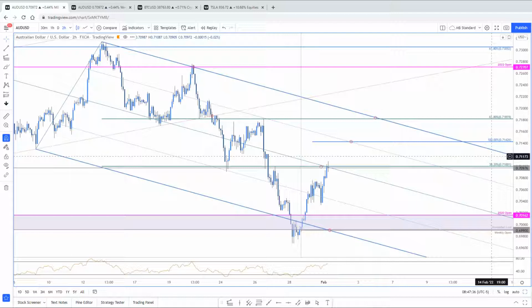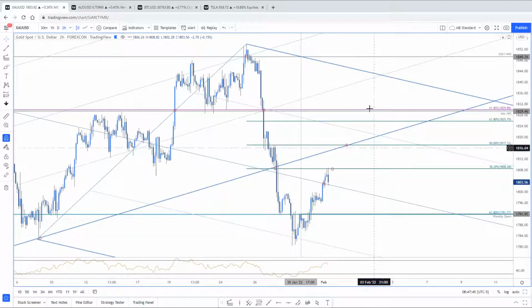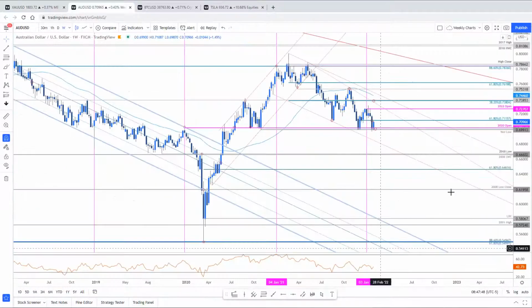But yeah, let's go ahead and jump into gold. It was actually the next one on the list. So here's number 5, and here's gold. Yeah, the levels have been exquisite. And the technical clarity is just there. Look, be careful on that long, okay? I know that you were looking for 1809, but I didn't close as I was away from my computer.